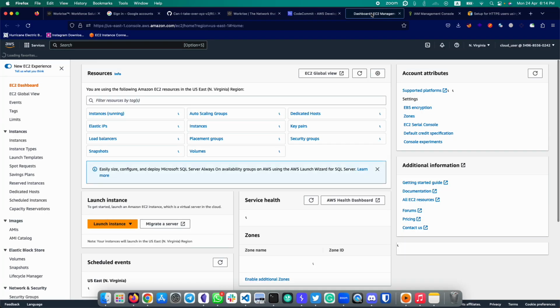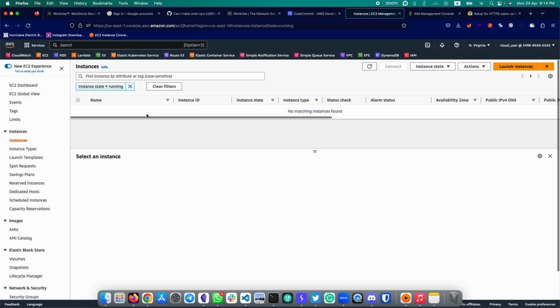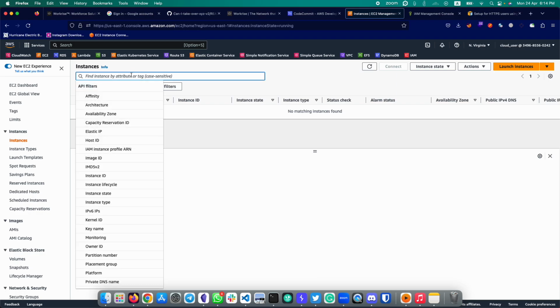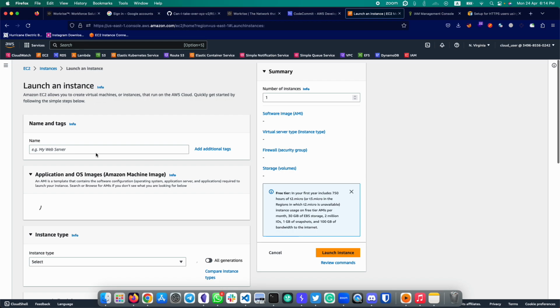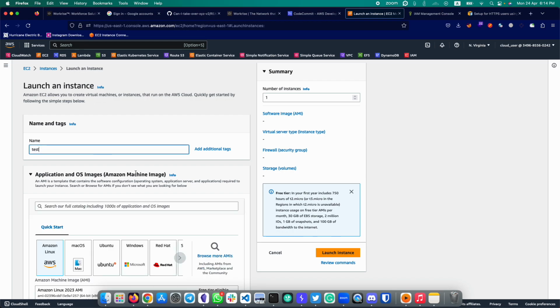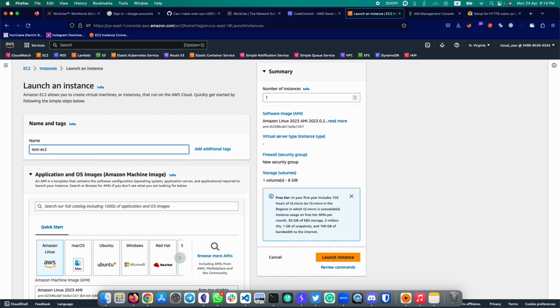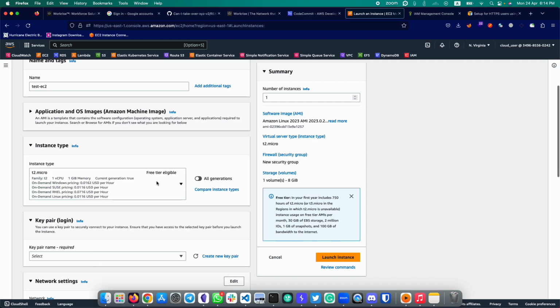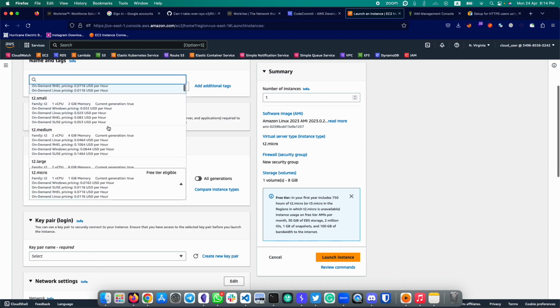Here I need to show you the steps of how you can install Git onto Amazon EC2. So we are going to create an instance here. We are going to say it's a test instance, test EC2, so it will be easily identifiable now. Instead of T2 micro,